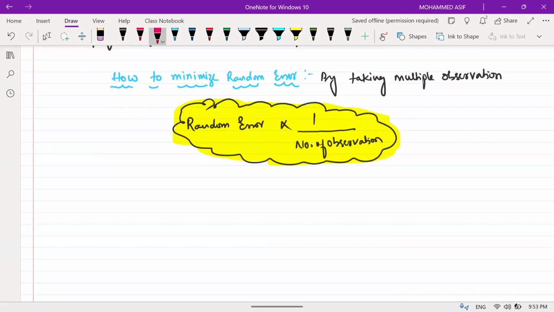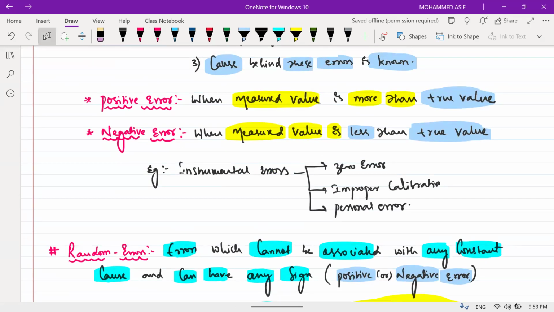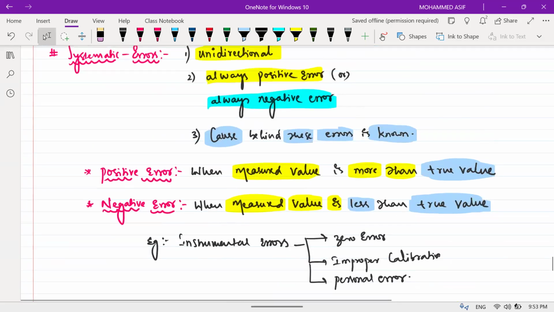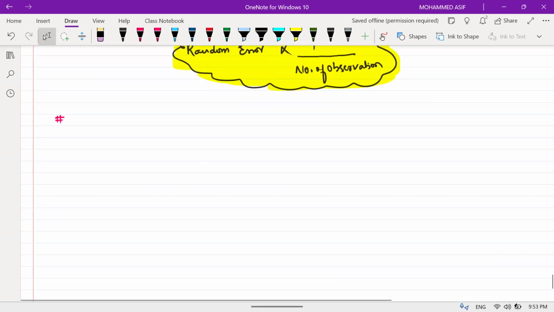Next slide. Sir, how to minimize the systematic error? Systematic errors are known to us. I can remove that one. For example, if I know that every time I'm getting a positive error of 2, that means I know the reason, so I can remove it. Every time there is an error of +2, +2, +2, +2. When you finally take the answer, you know you have done the experiment 5 times, with an error of +2 each time. So 5 into 2, that is 10. So you need to remove the 10 from that experiment value. Sure. Next one.